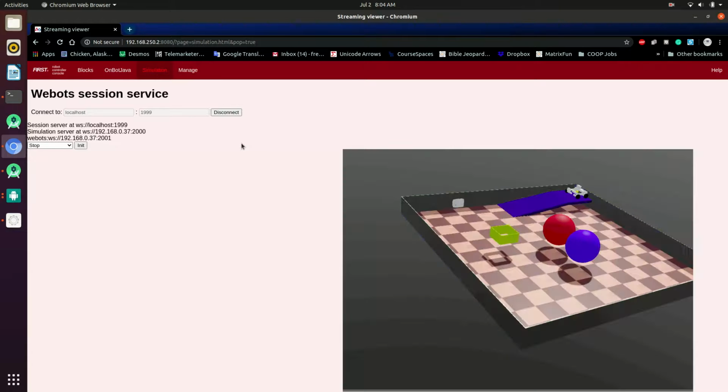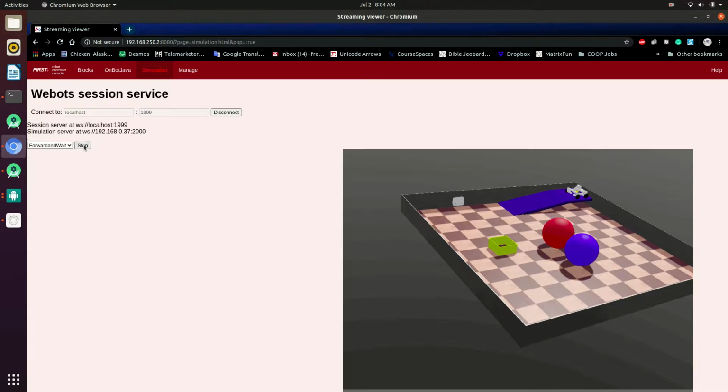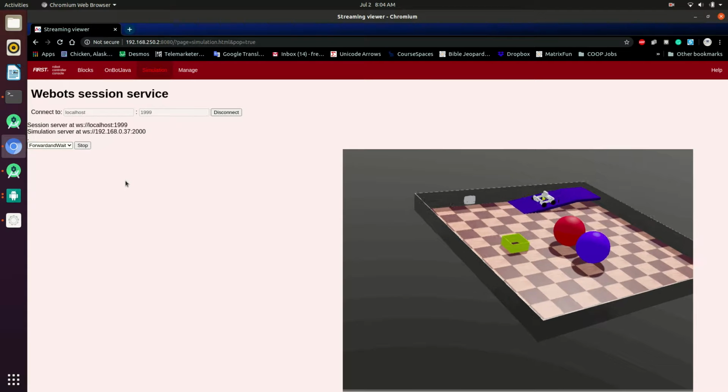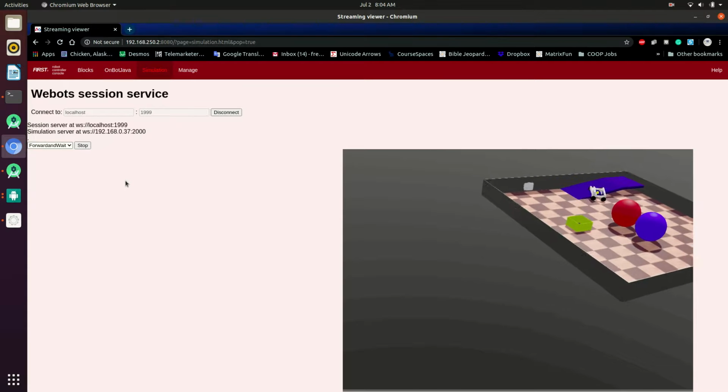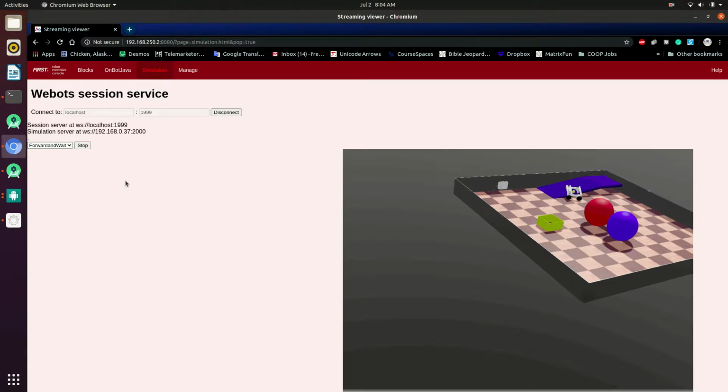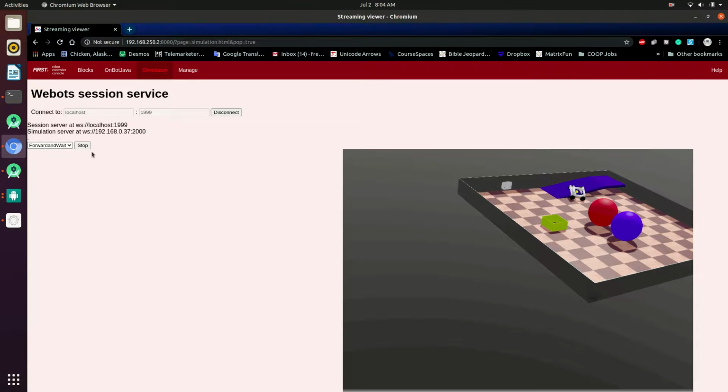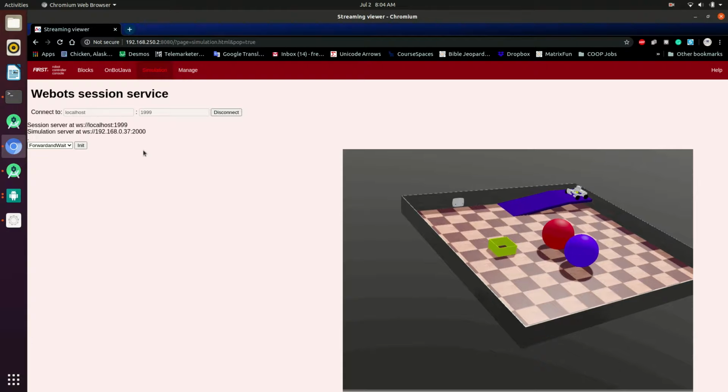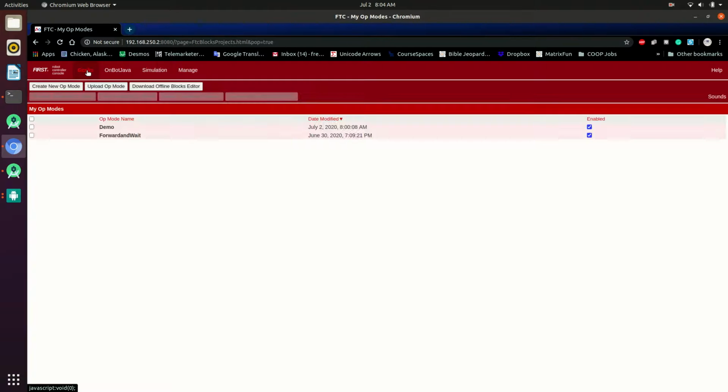processing power. Over here is a drop-down menu, which is dynamically updated to include all of the op modes on the robot controller. So we can choose this one and then run it. The init, start, stop sequence is the exact same as the regular FTC app, and we can see from this particular op mode that this is a full 3D sim and robots tipping over is fully possible, just like real